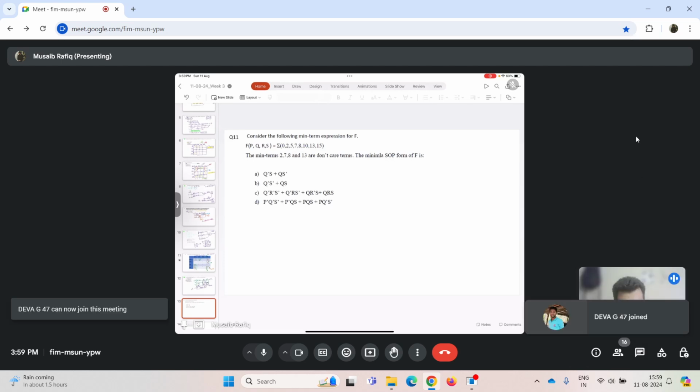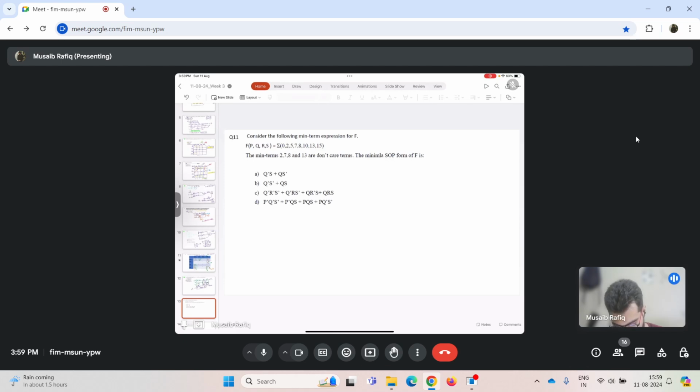So I'll again repeat the question. Consider the following minterm expression for F, where F of PQRS is equal to sum of minterms 0, 2, 5, 7, 8, 10, 13, 15. The minterms 2, 7, 8, and 13 are don't care terms. The minimum SOP form for F is, so we'll construct a 4 cross 4 K map